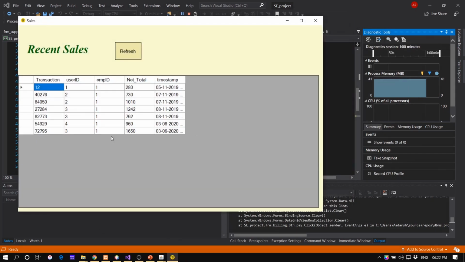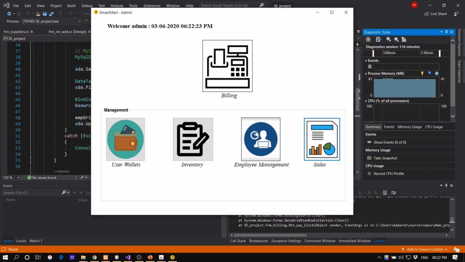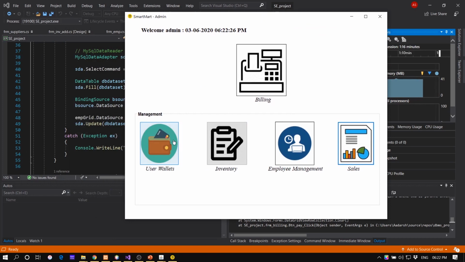If I go to my recent sales tab, you can see the 72795 transaction ID with the net total of 1650 and the date and the timestamp. The refresh button for new sales is coming. That's how it works. So now to manage the user wallet,